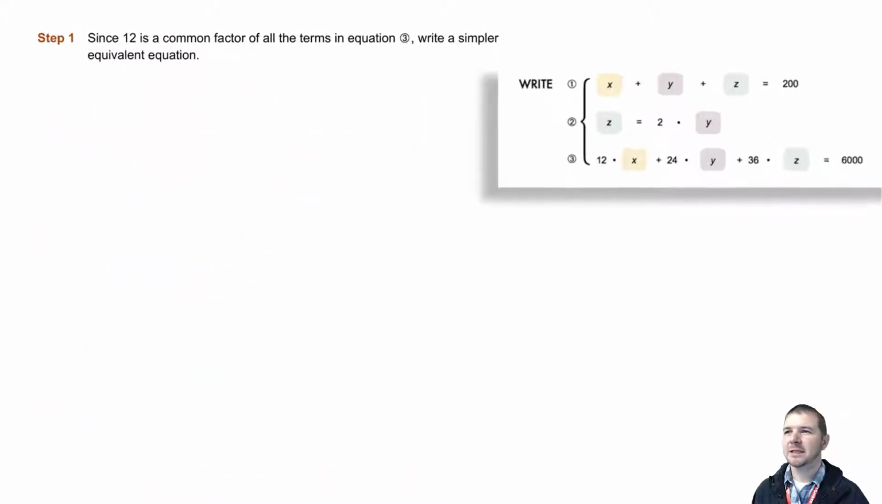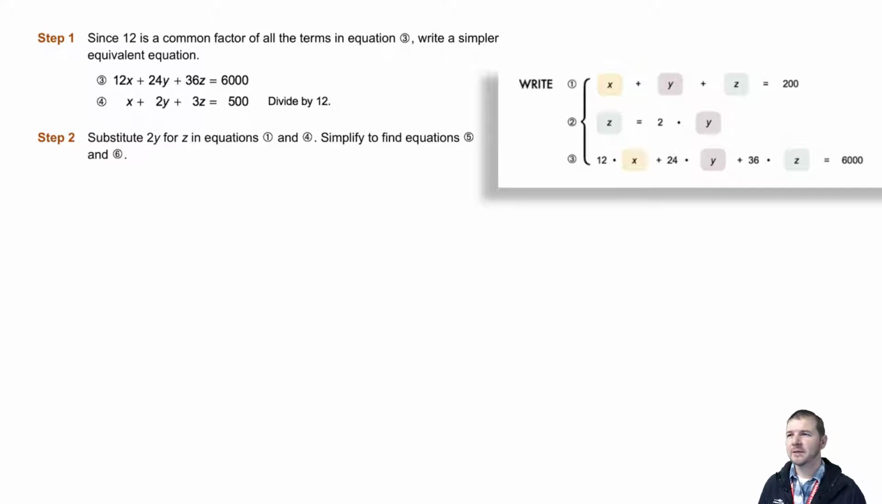Step 1. Since 12 is a common factor of all the terms in equation 3, we can write a simpler equivalent equation. That can be labeled equation 4 here, which is x plus 2y plus 3z equals 500. Step 2. Substitute 2y for z in equations 1 and 4 and simplify to find equations 5 and 6, shown